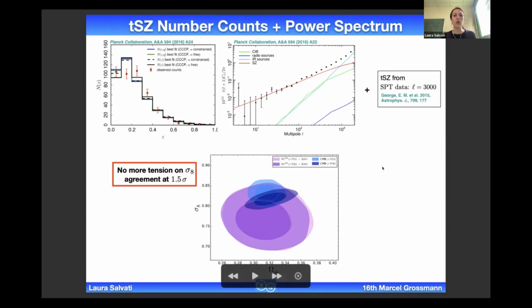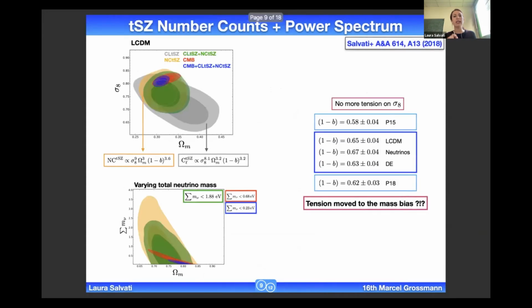So if we now just focus on the constraints on cosmology from Planck cluster counts and Planck CMB primary anisotropies, we are fully in agreement within 2 sigma. We do not have a tension anymore on the sigma 8 parameter mainly. Now, at this point,